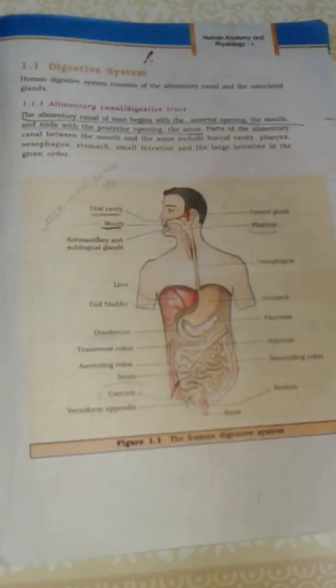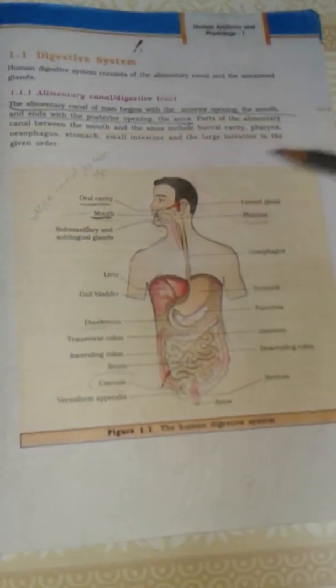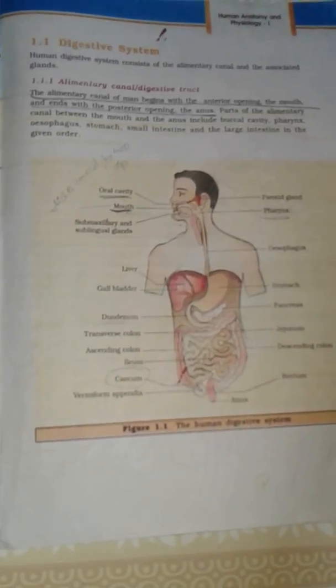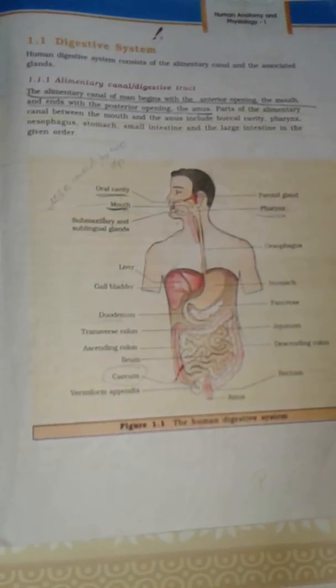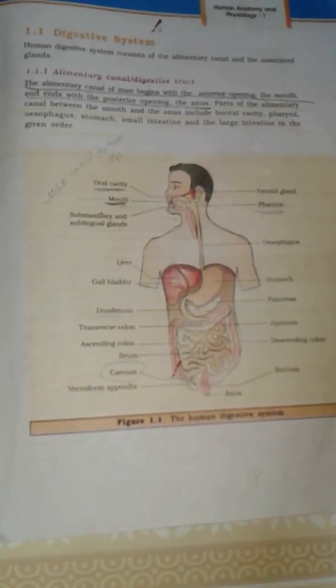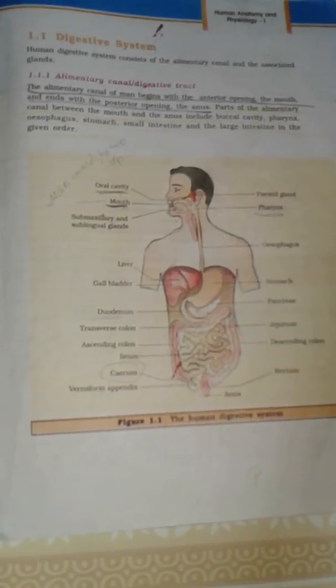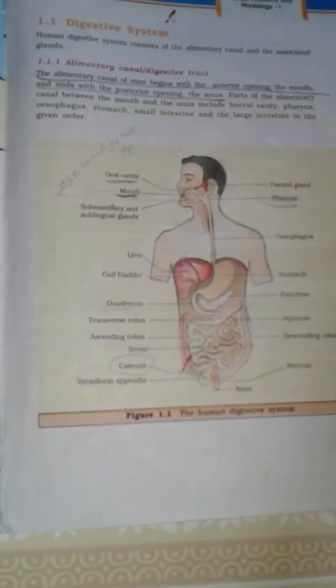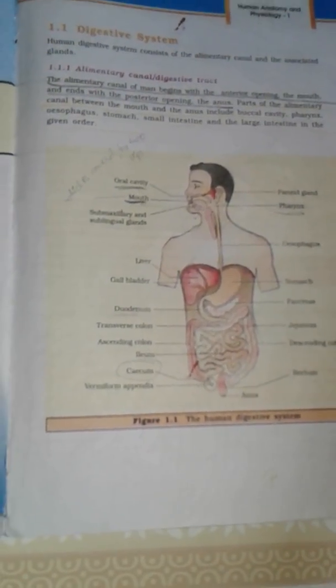What does this buccal cavity contain? The palate, which separates the ventral buccal cavity from the dorsal nasal chamber and facilitates chewing and breathing simultaneously. We find two types of palates in our mouth. As we see, the upper side